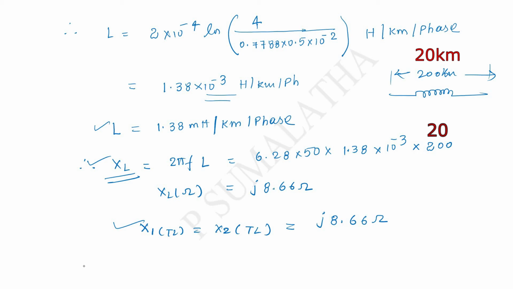So anything we can consider here, but more by looking at this data, for the transmission line we have only the positive and the negative sequence reactances. He has not mentioned anything about the zero sequence component for the transmission line. So it is better to go ahead with the line to line fault, where we need not consider the zero sequence components at all. We are going to find out the fault current for a line to line fault.